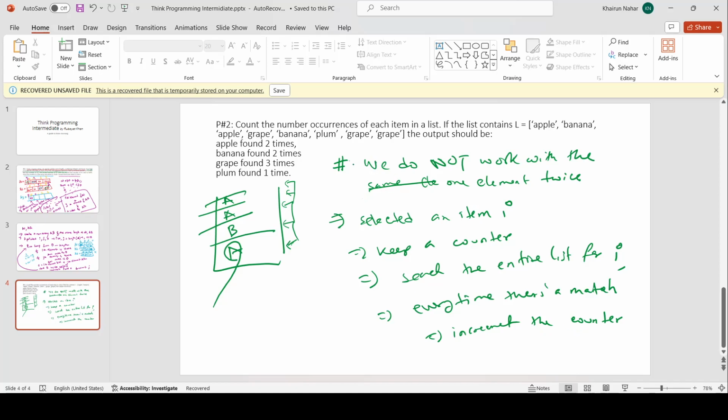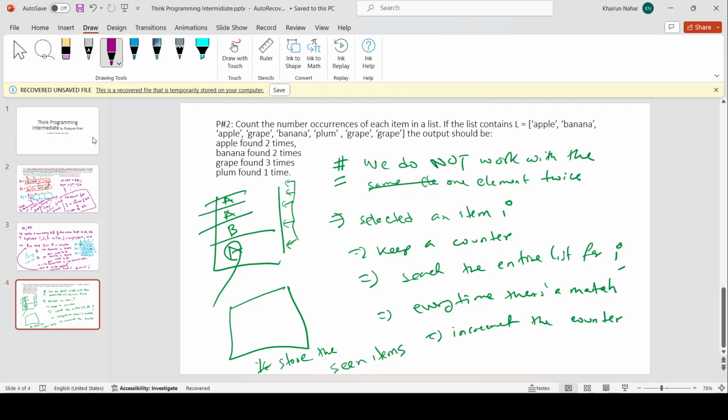But I haven't addressed this issue. That is how to not work with one element twice. And that is we can keep another box, and this box will basically store the seen items, which means whenever we start, or before I start working with an item, so over here I selected an item I, and before I start searching and counting,